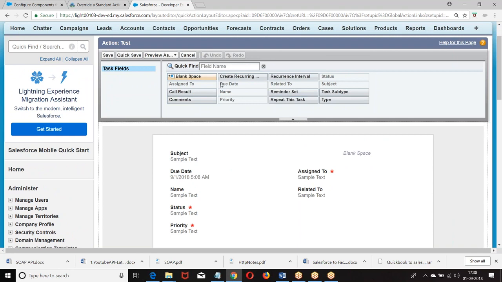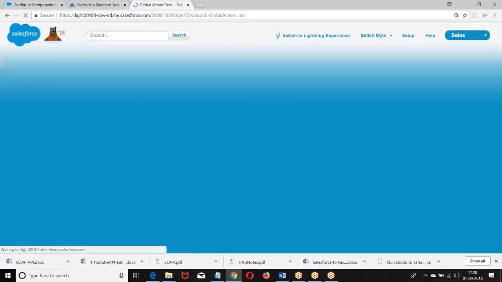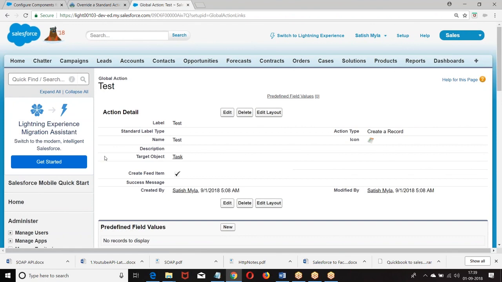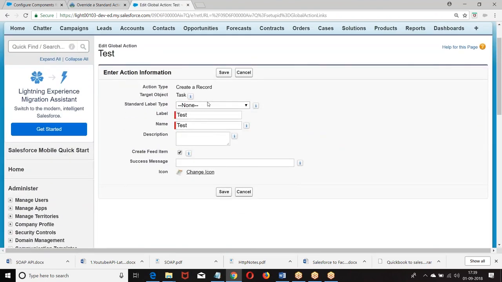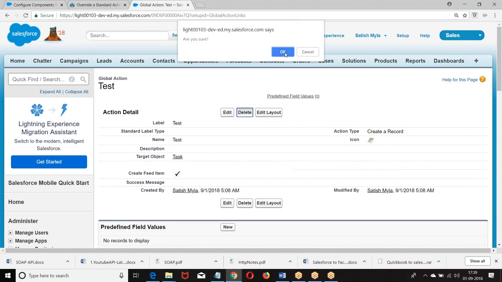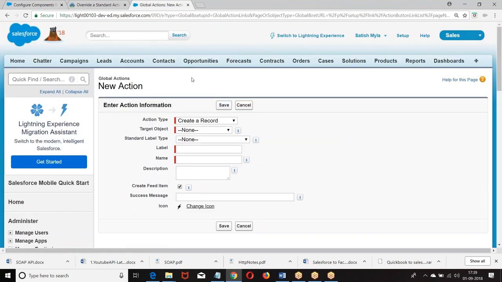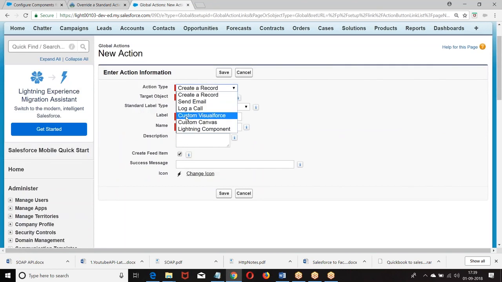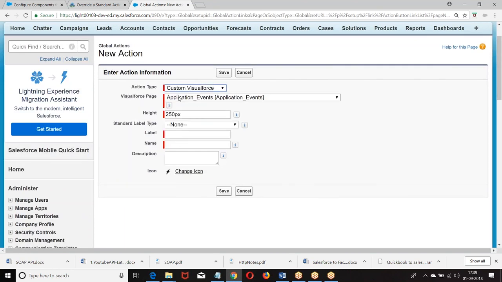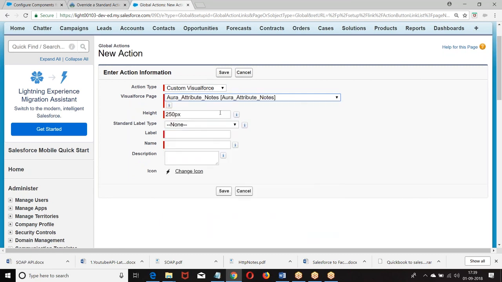Now, add the fields, whichever fields you want. So, creating a global action. Here I can say, instead of choosing creation of record, I can choose a VF page. When you click on this, I can choose a VF page. How? New action. What do we have? Custom. Choose the object which you want.